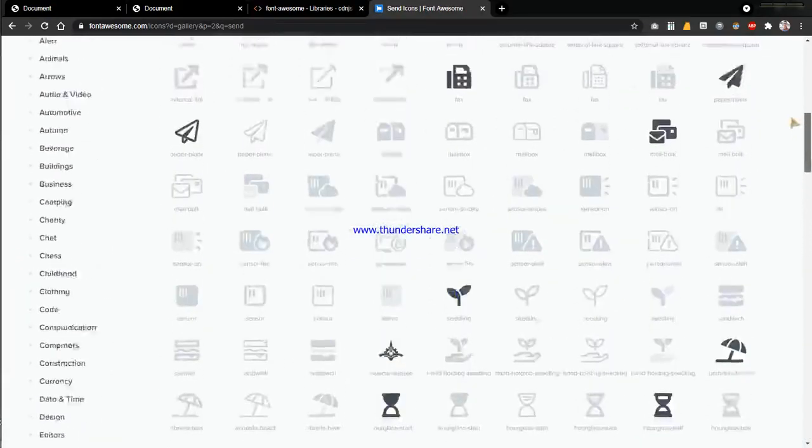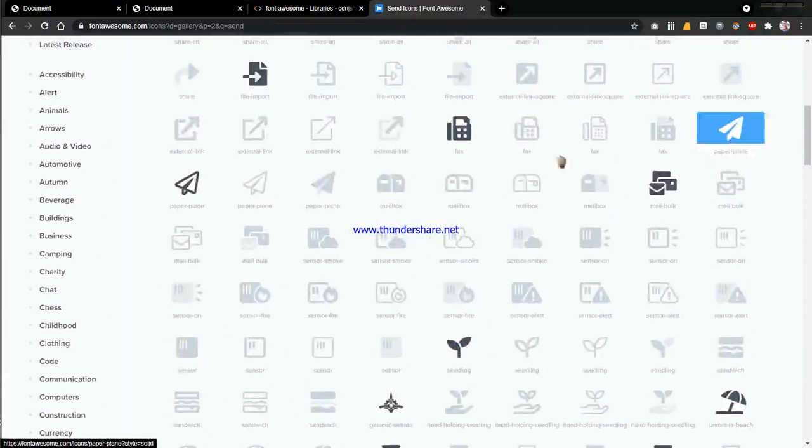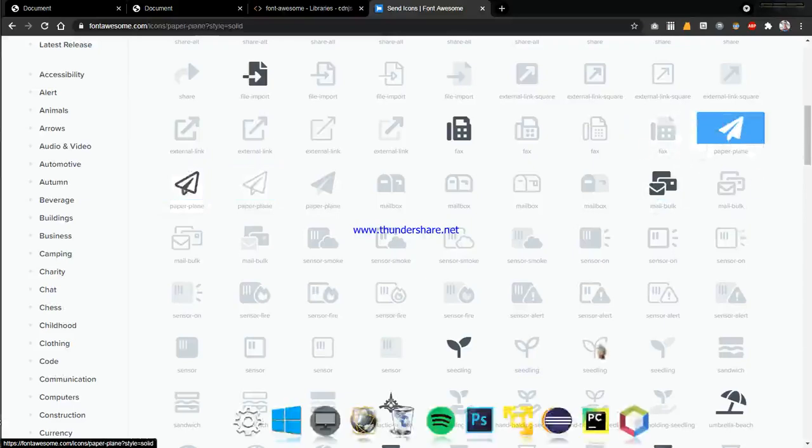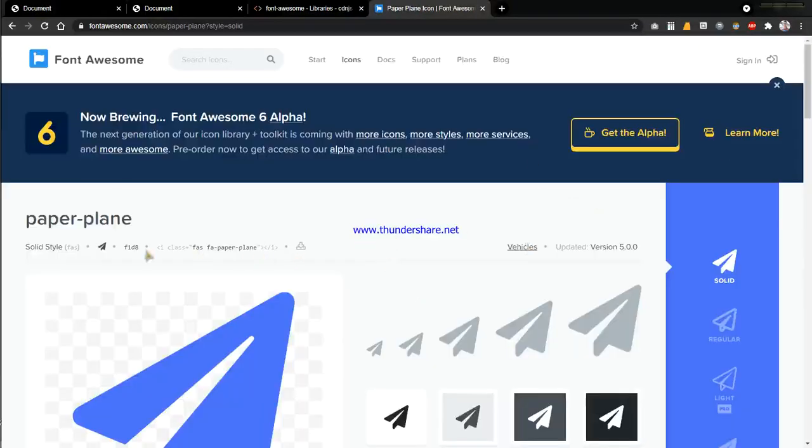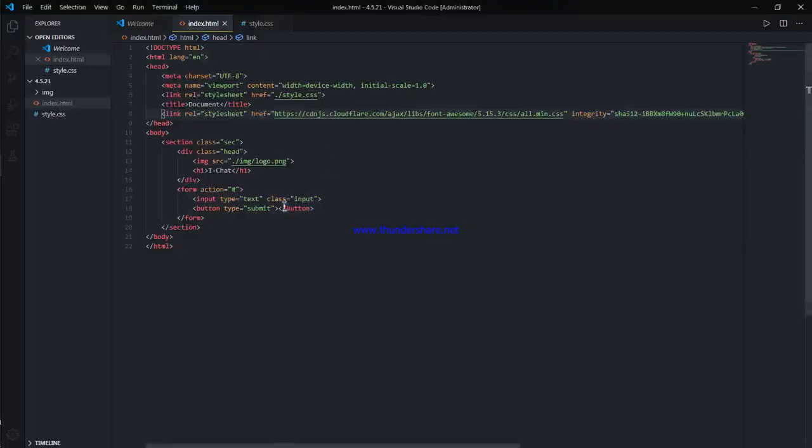I think I missed it. Oh, here it is. You can get a hollow design or a filled one. I like this. Click on it, it will load, and you can see an i tag here. As you click on it, it will copy.